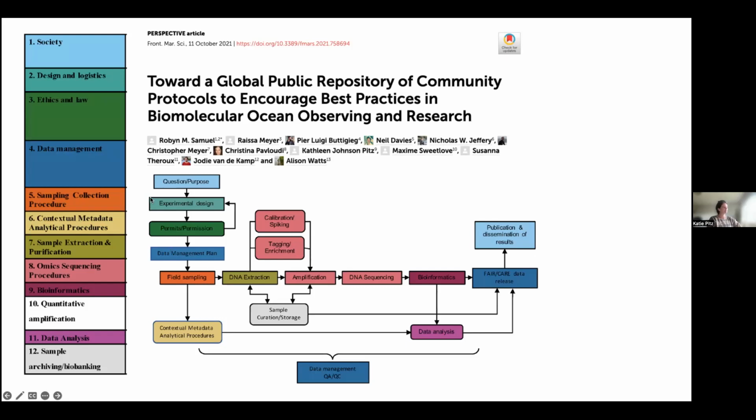And so we came up with these different methodological categories that describe the different kinds of protocols that go into an omic study, here with meta-barcoding just as an example. Each of these boxes represents a different protocol. And we've made protocol templates that can standardize how we compare these different types of protocols.